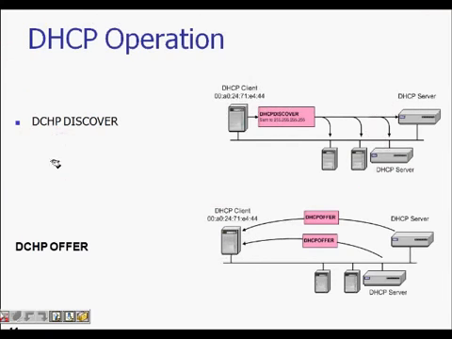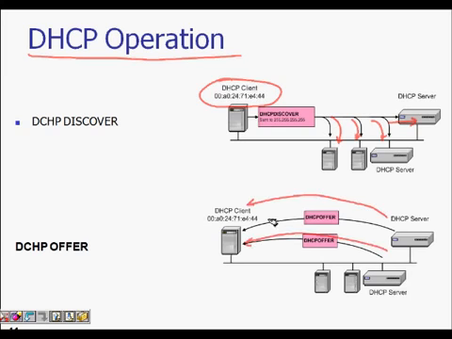So this is just showing that operation again. DHCP discover: there is a DHCP client, it has a MAC address 00A02471E444. It sends a DHCP discover, and because it's a broadcast message, it goes to both the DHCP servers. Both of them send their offer, saying you are being assigned this IP address. So the DHCP offer is sent by both of them. Now this machine decides which one to take.